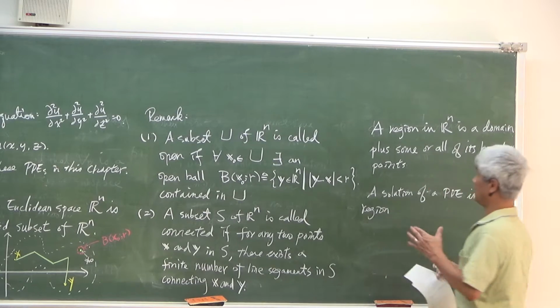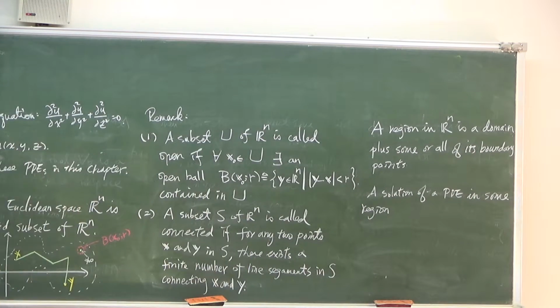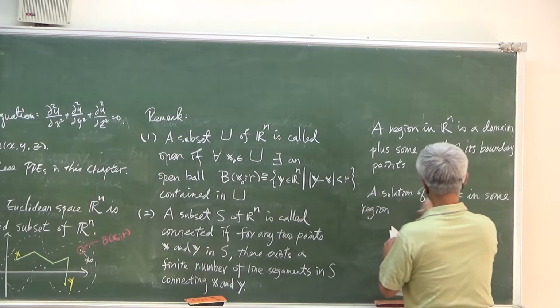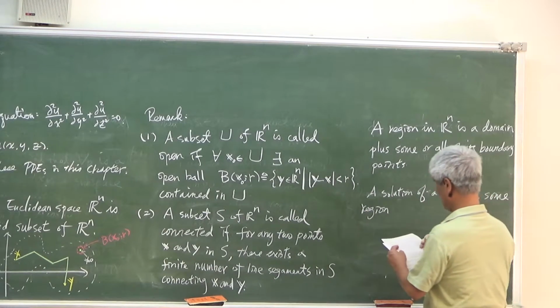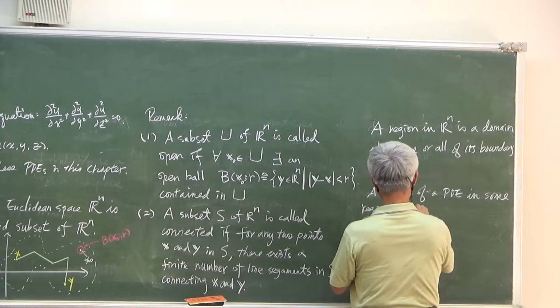In general, you may have a partial differential equation involving a function which has n independent variables. So a solution of a PDE in some region, say R, of the space